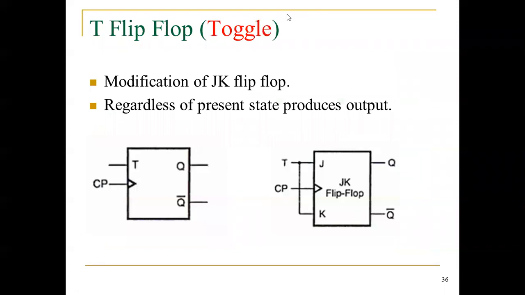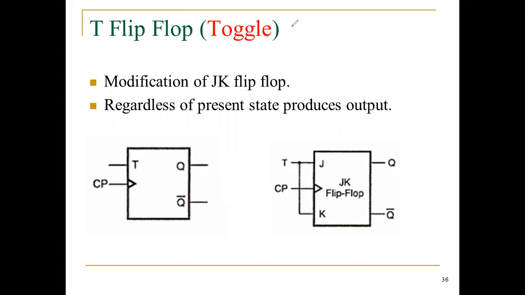Now I am switching over to the toggle flip flop, T flip flop. How can we obtain the T flip flop by using the JK flip flop? Very simple. Just make a small modification in the JK flip flop by connecting the J and K terminals, or by short circuiting the JK terminals with a wire. That's all. This JK flip flop becomes a T flip flop. This is a symbolic representation of a toggle flip flop. How did we obtain it from the JK flip flop? Just by short circuiting the terminals.